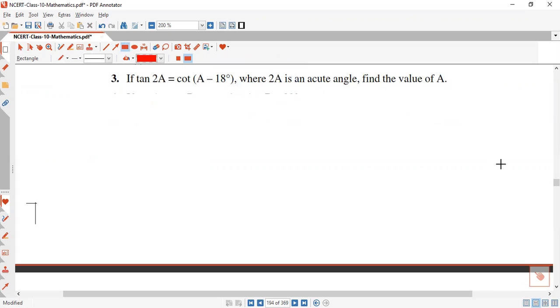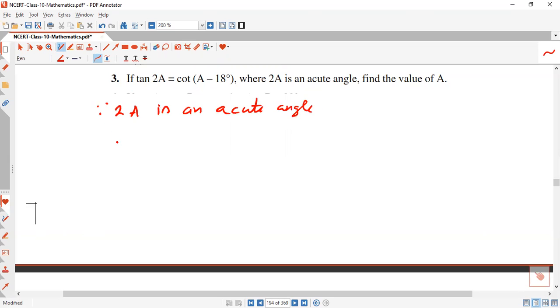So in this question, tan 2A is given, where 2A is an acute angle. Find the value of A. Cot of A minus 18 degrees is given here, and this is tan 2A. Since 2A is an acute angle,